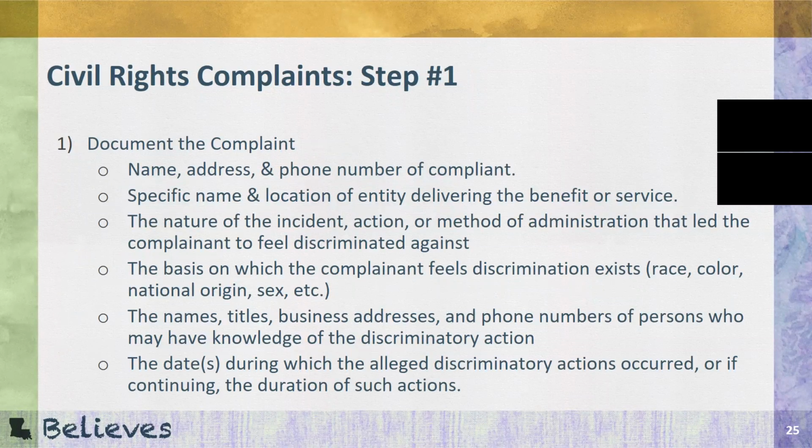The first step is to document the complaint and make an effort to obtain the information. Information that is needed are the name, address, and phone number of the complainant, specific name and location of the entity delivering the benefit or the service, the nature of the incident, action, or method of administration that led the complainant to feel discriminated against, the basis on which the complainant feels discrimination exists in one of the protected classes,